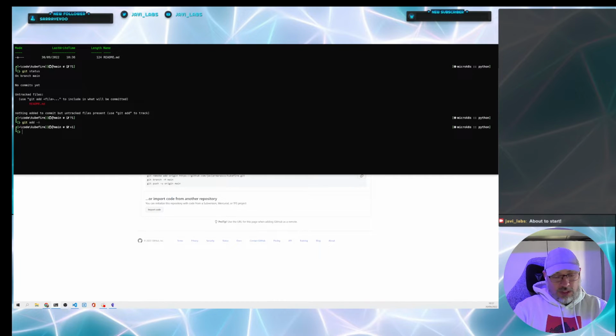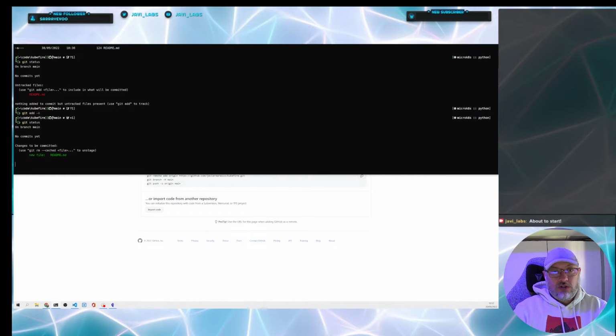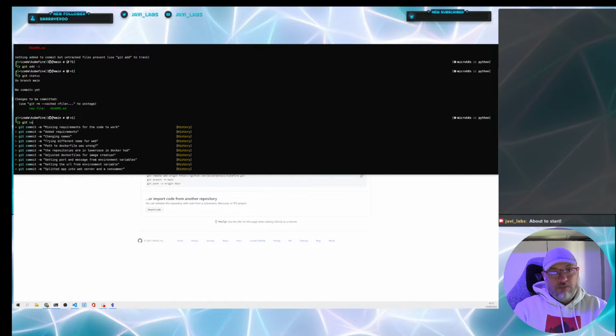So we do the same. If we do a status, it's gonna say the file is now being tracked as a new file, and this is gonna be in a commit. So now we put a message in the commit. This is not optional. You need to put a message. If you don't put a message, you cannot push the commit. So adding